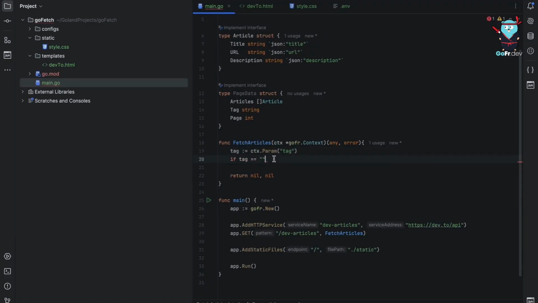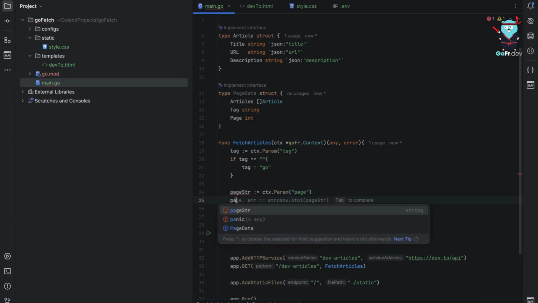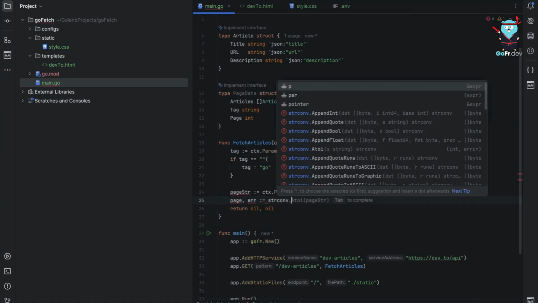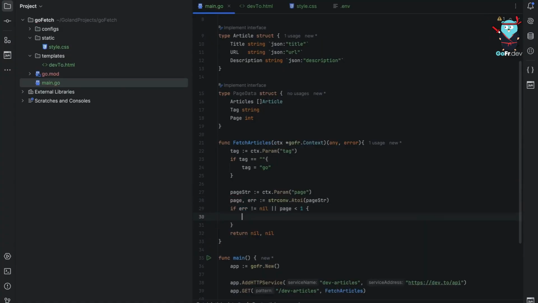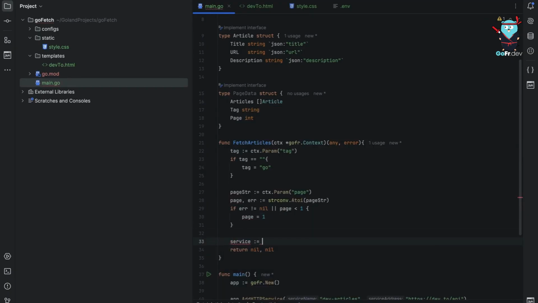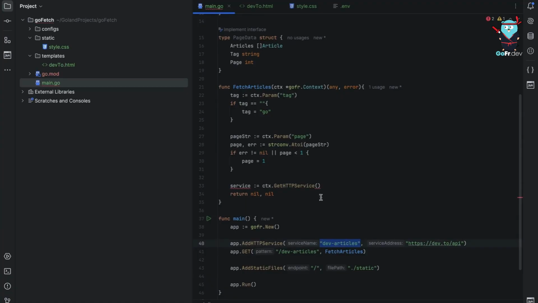First we are going to fetch the query param tag, and if tag is empty, then we are going to initialize it as Go for Golang. We are also going to fetch the query param page and convert it into int. If there is any kind of error or the page is less than 1, then we specify the page as 1 automatically by default. We will then get the HTTP service that we actually registered as service,